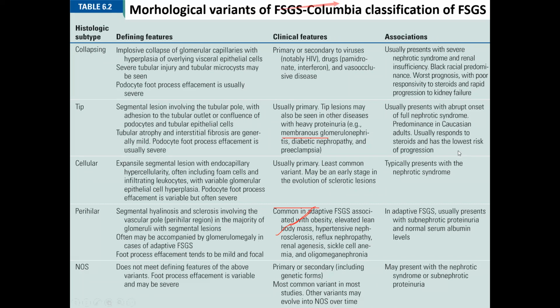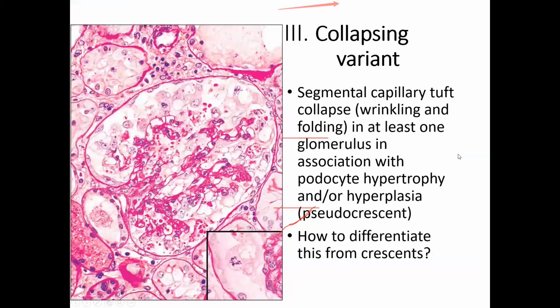Starting with the collapsing variant. What do we mean by collapsing variant? Here we can see the capillary tuft is completely collapsed. I can't see the capillary lumen. We can see wrinkling and folding of the capillary wall. This collapse should be present in at least one glomerulus, so it qualifies for